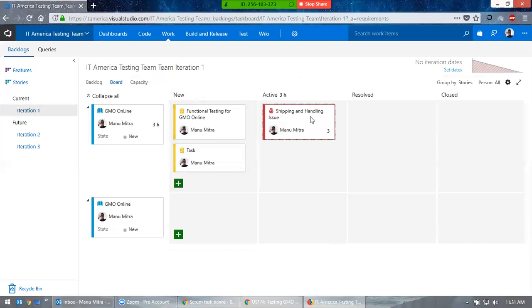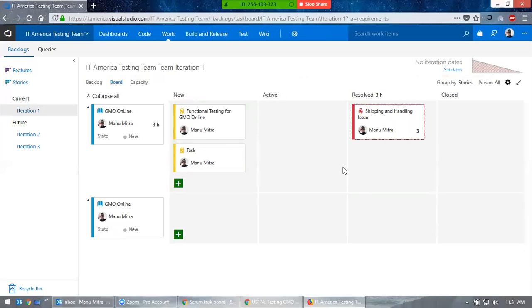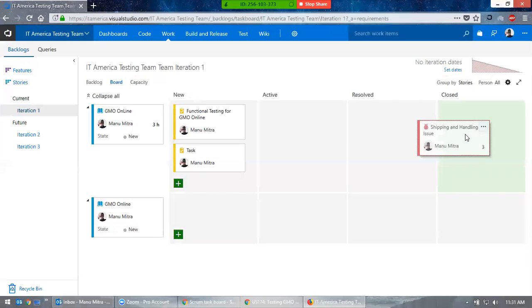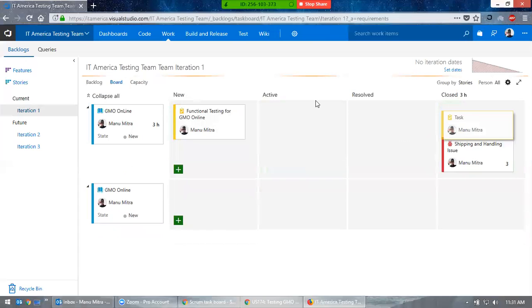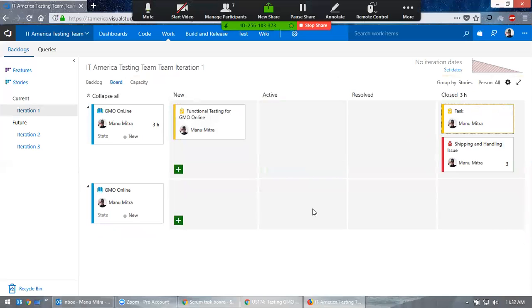Okay. Now, once you move that from active to resolve. Now, bugs are resolved, right? Bugs are resolved. So that's why you can move your bug to this resolution column. Okay. Now once it's resolved, you want to close it because it's good. Close this. So once you close this, obviously all these tasks which were here also move to close status. I mean, once you completed your testing, you can close your task to here. Okay, this is how the Kanban process actually works.